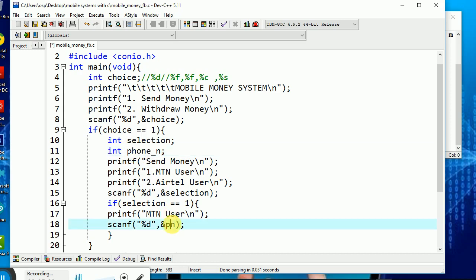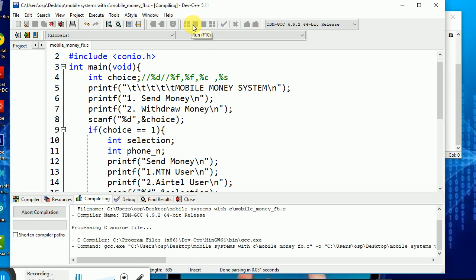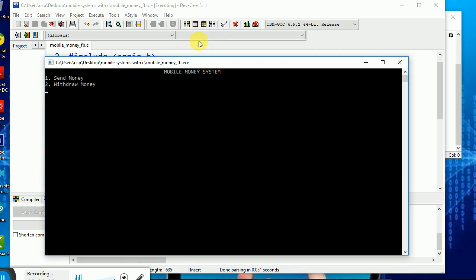So let me just try to replace that with this, and then I give that there. That implies now if a user does that, it is going to be scanning the phone number. I can just give a test down here by saying maybe your phone number is %d. So I get outside here, put the logical and still, and I put phone number like that. So if you check that now with our C programming, if I try to run the system again, we should find the following.